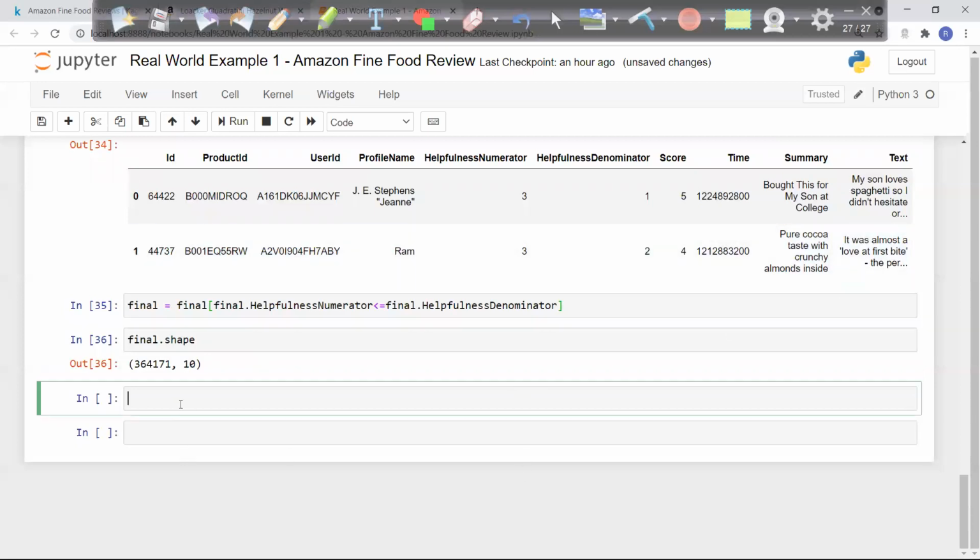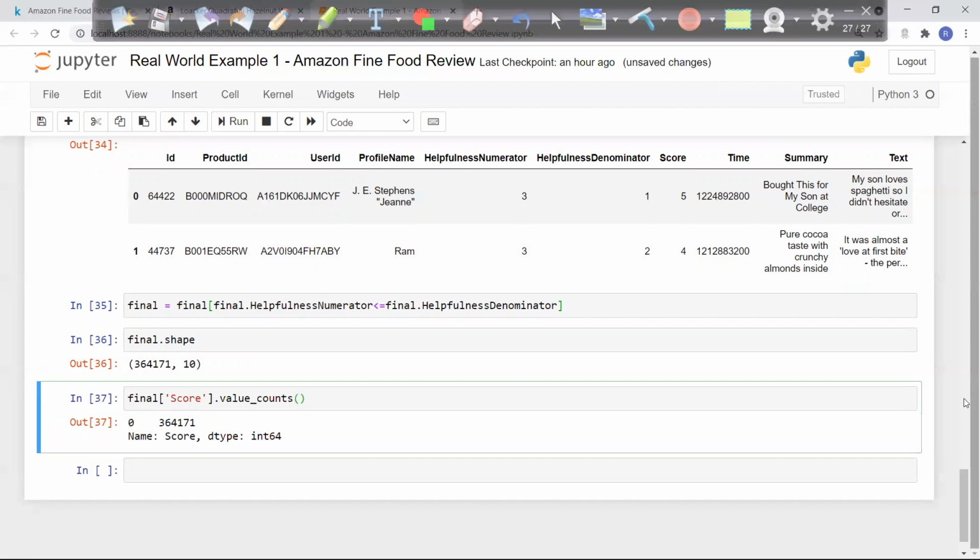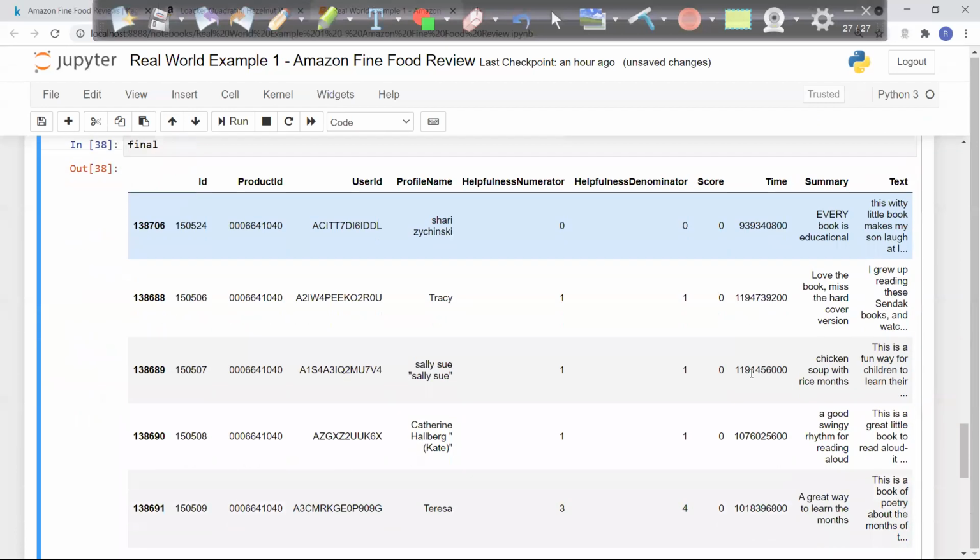Now the main part is the score column, because I want to predict the score based on the data. So I take the score column dot value counts. This will help me understand how many records there are. I have the final data, which consists of all the scores.